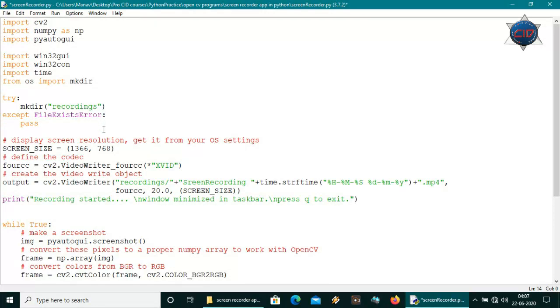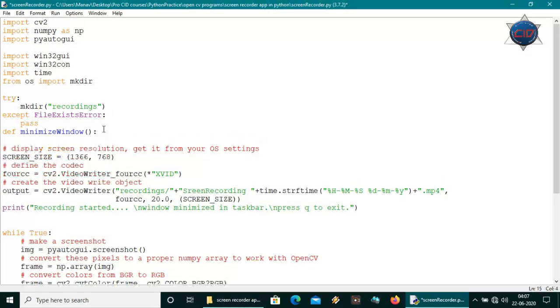And now let's make a method for minimizing our window. So we'll name it minimize window. Okay, and under that I'm going to pass here window equals win32gui.FindWindow, and under the FindWindow method we'll have to pass first thing, that is None.